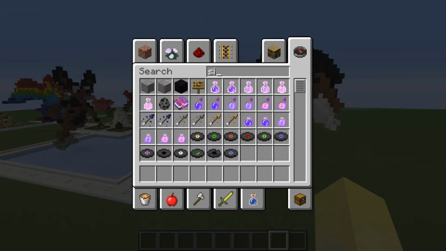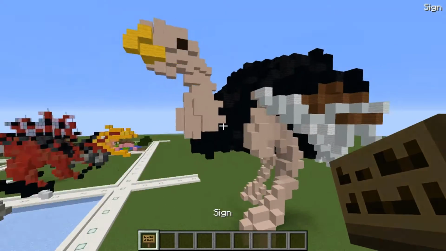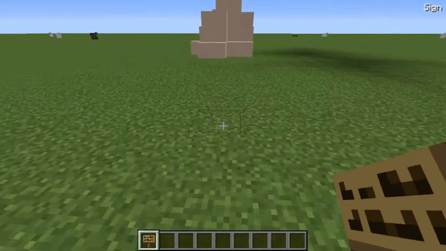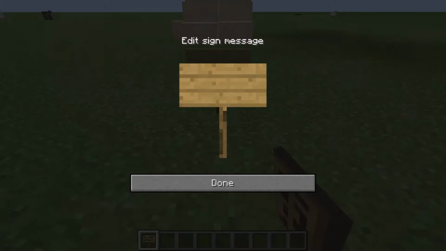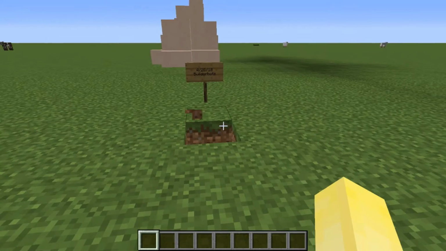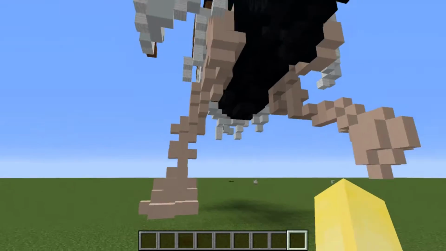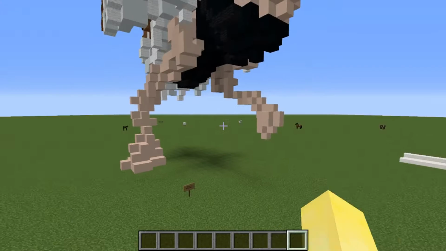Oh, also, we need a sign. So, basically, what is the date today? I think that's right, though. There's that. Okay. So basically, I almost broke the sign. It's not the end of the world. It took me like 2 seconds to write. Basically, what that sign is